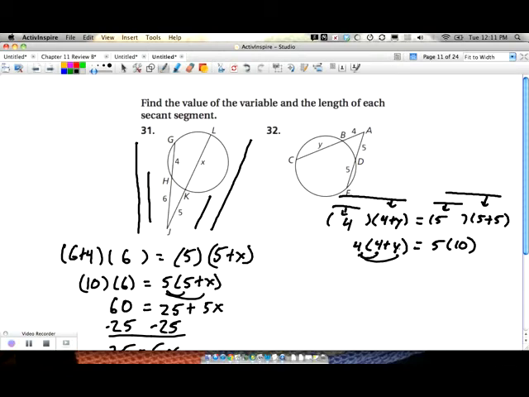So again, I'm going to distribute this just to kind of open that parentheses up, kind of get inside so I can move some things around. This is going to give me 16 plus 4y equals 50. If I subtract 16 from both sides,